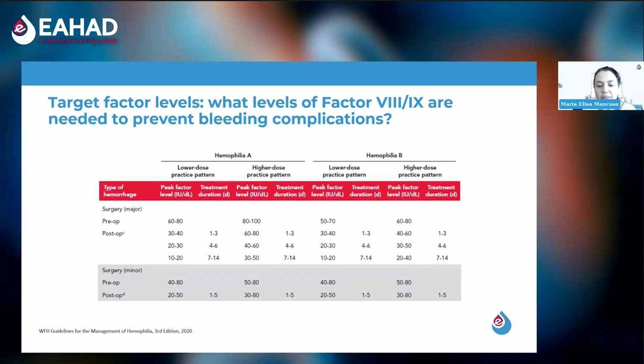So in the first 24 to 48 hours, we need to provide rather high levels because of the consumption I was mentioning before. When we have the initial part of the surgery, coagulation is activated, and there is a little bit more consumption,